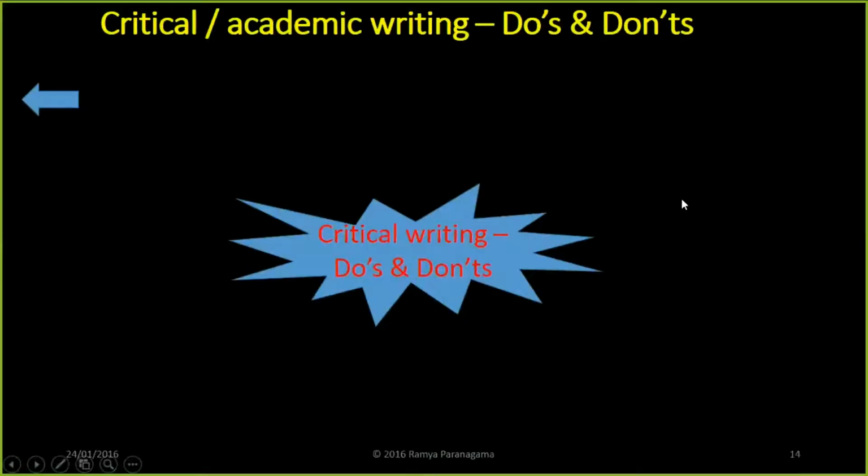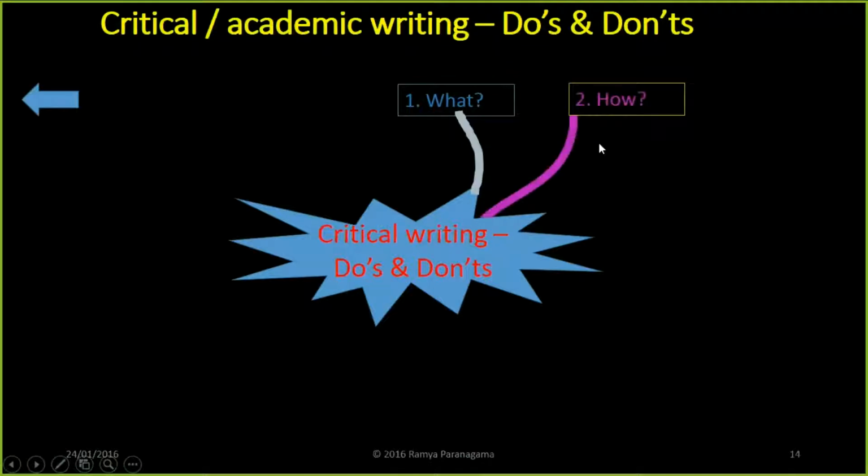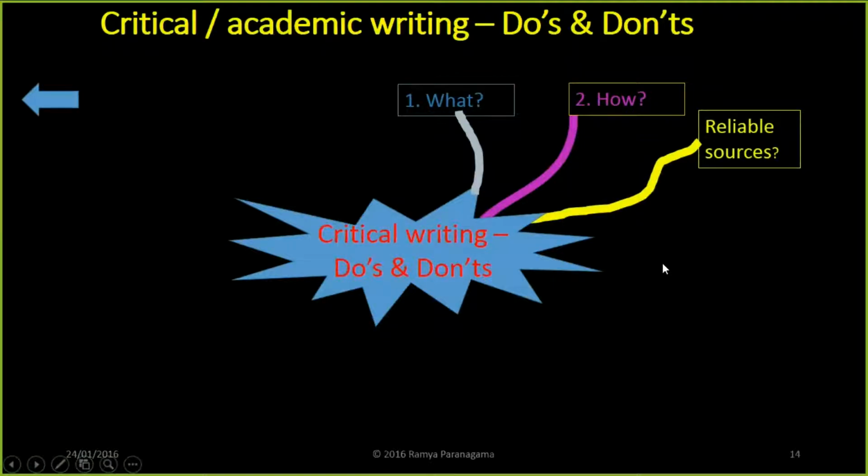Now, as a summary, the first thing is you need to find out what it is that you have to write in capital. So for what area, there are do's and don'ts. Then the next one is how, the process. There are do's and don'ts. Then I'm just reminding you of reliable sources here. Then we have how and why. Why is the analytical part: answering questions, breaking into pieces, looking at the information, and then finding similarities, differences, patterns, to find out what emerges. So in how and why, there are do's and don'ts.